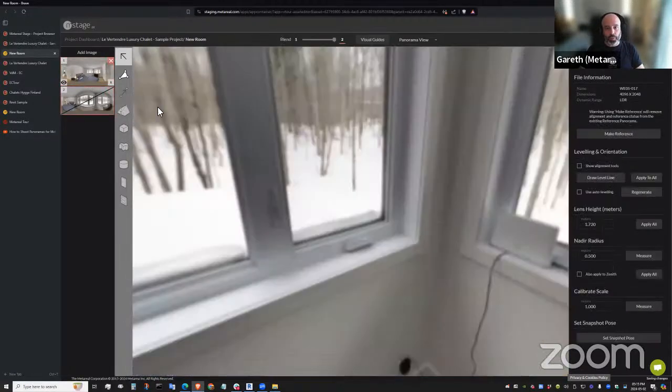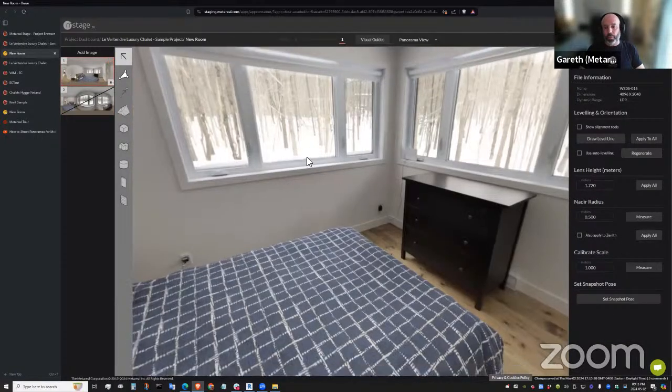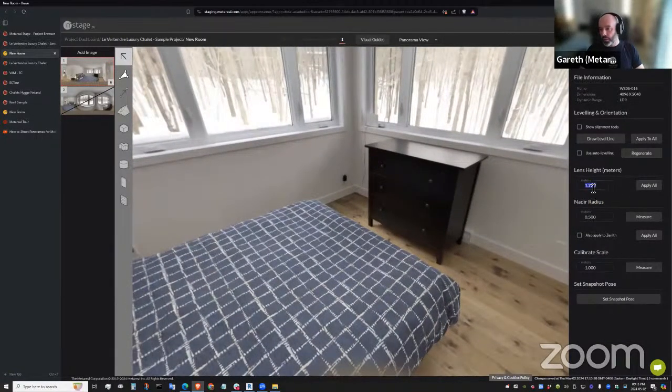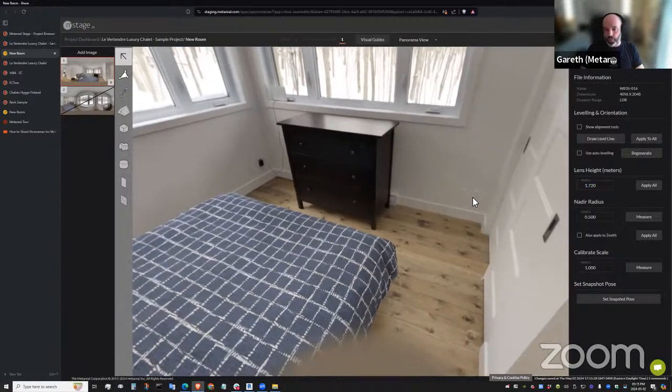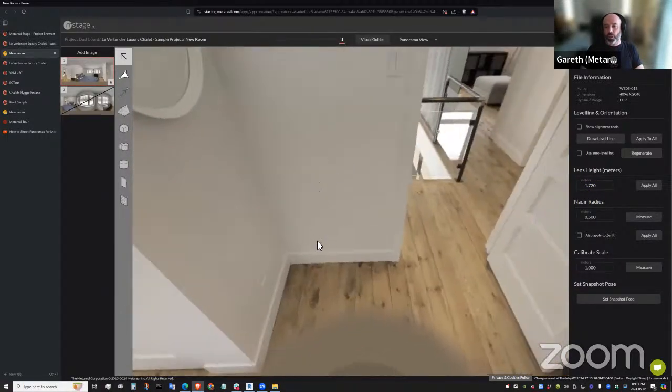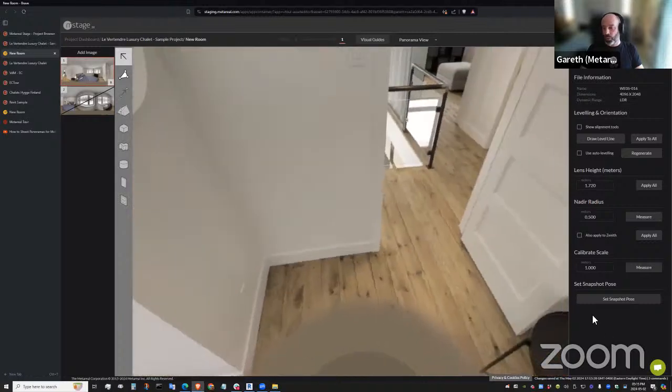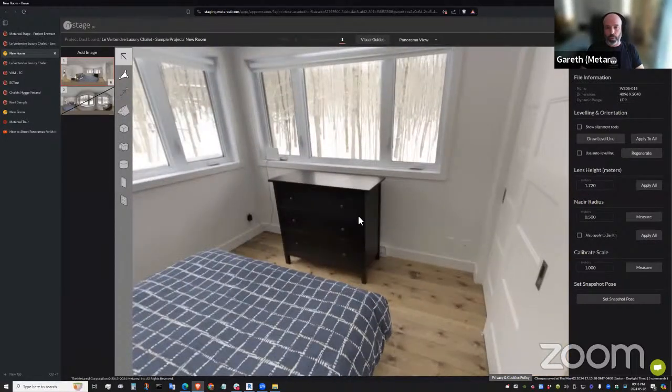So here I've got two panoramas. This one is my reference panorama, so it's kind of my anchor in the world. I've got my lens height set to 1.72. I might want to change that if I haven't remembered my lens height, and we triangulate all the scales and dimensions from the lens height. So the lens height is very important. If for whatever reason I didn't mark down my lens height for a given panorama, as long as I know the dimensions of something in the floor plane of the room, let's say the doorway, we can calibrate the scale directly from that. We could set this up and measure it, indicate what dimension that is, and we can calibrate the lens height from that. In this case, I know it's okay, so I'm not going to worry about that.